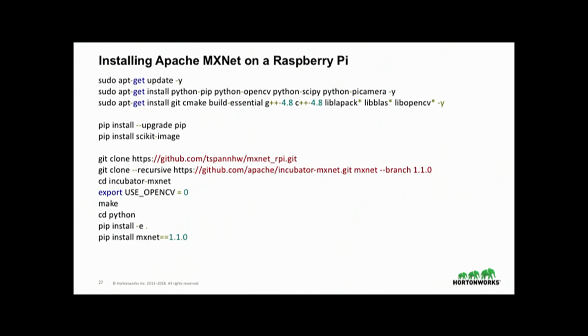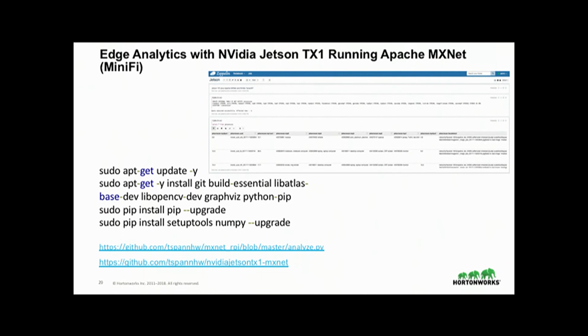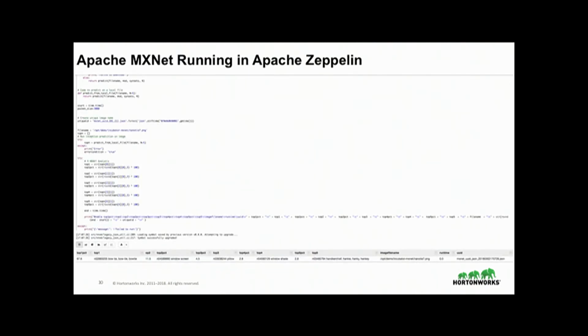Raspberry Pi, there's a little magic there because some of the libraries are a little iffy. I like to use OpenCV. It's a good way to open an image file. There's others, but that one works pretty well. NVIDIA has a box. And again, you could run Apache MXNet on there as well, and that has a built-in GPU and CUDA, so you can get more advanced things on there that also support multiple cameras at once, which comes in handy. And again, it's the same kind of install. I'll show you how to do it in Zeppelin.